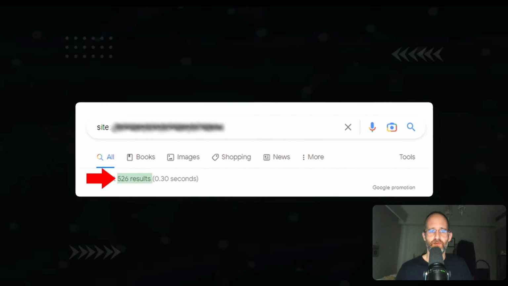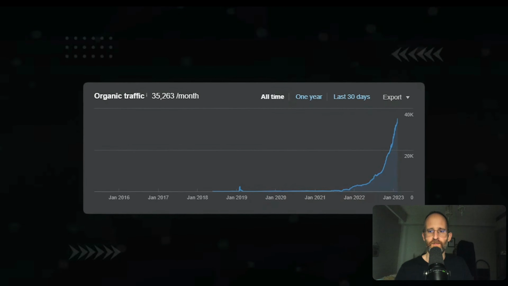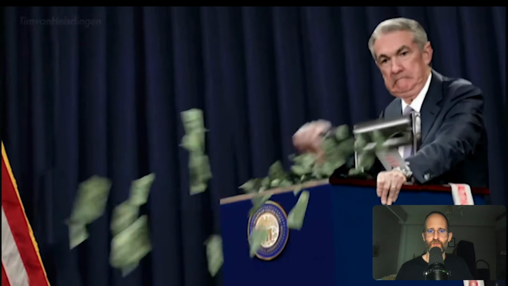Okay, cool. So I can pass AI detection tools. So what? How does that translate into anything useful? Well, when you can produce high quality, undetectable AI articles, you can generate enormous amounts of content like it's no one's business, which is going to sprout a massive traffic boner for your website, so you can then start printing money like Papa Powell. Okay, so if you're creating content with it and you're putting it on your website,